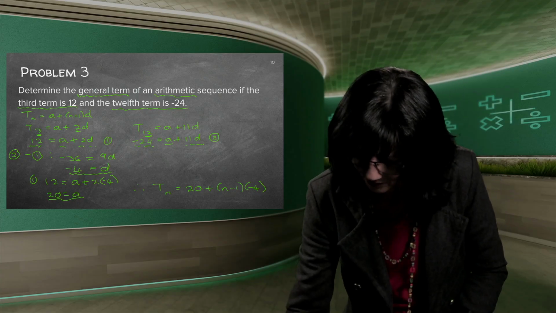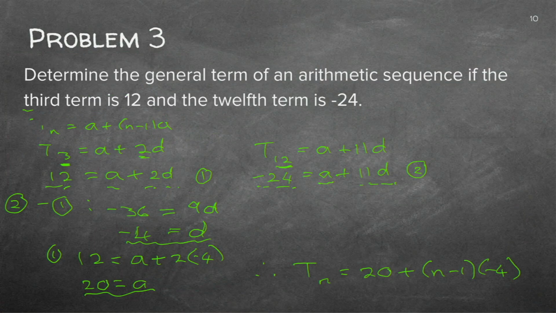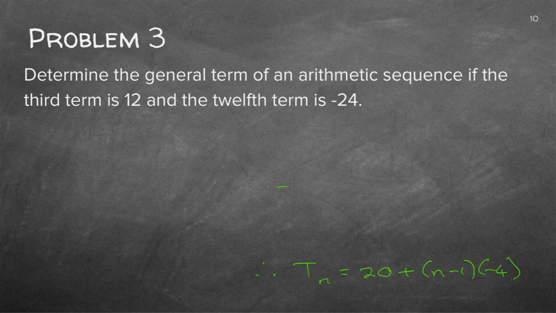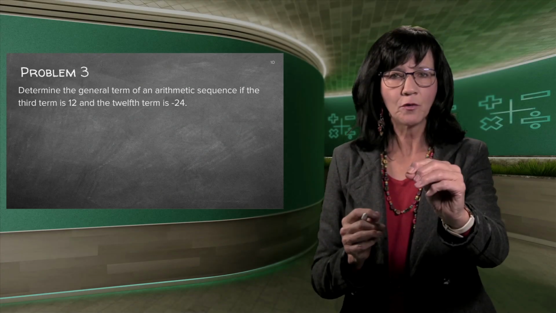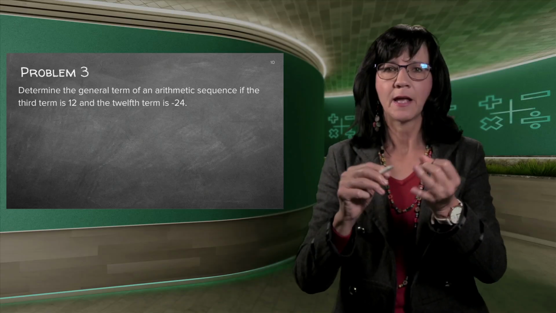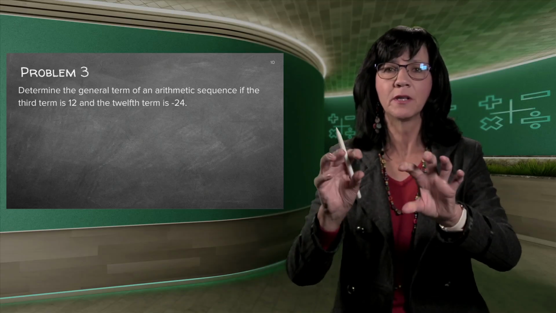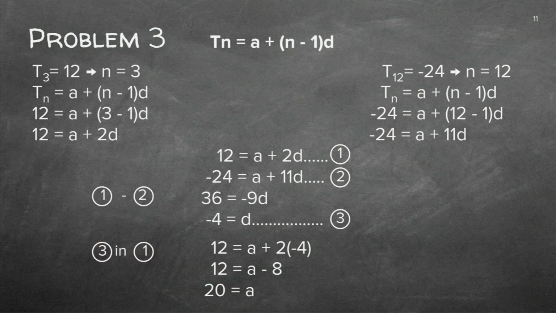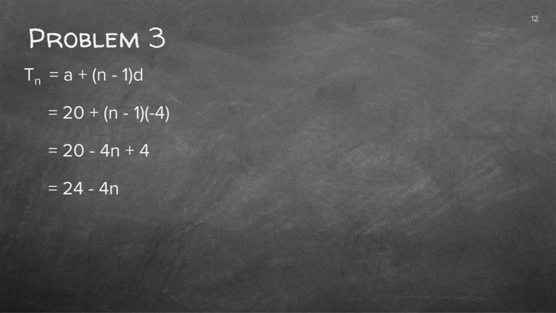So let's just rub it out so you can go and redo it all on your own. Remember, when you do it on your own, don't try to remember what somebody else did. Remember the method. Method says, write down your formula. See what is missing in your formula, the A and the D, and see if you can find the A and the D with the information that they gave you. And then afterwards, you can go and check carefully, and you'll see there are all the answers.